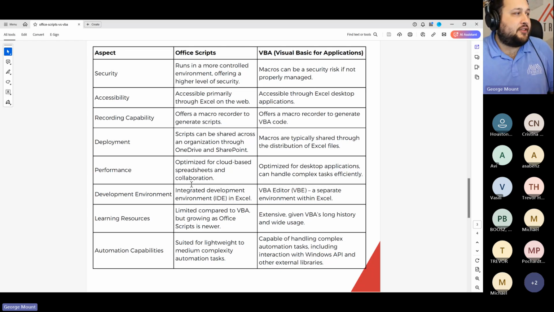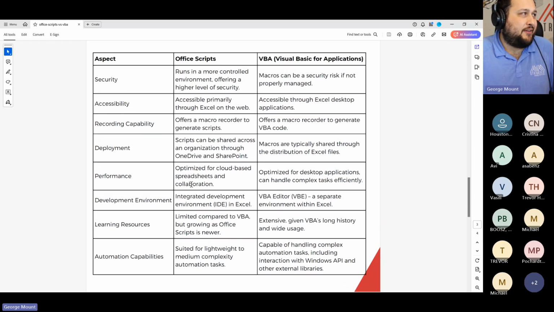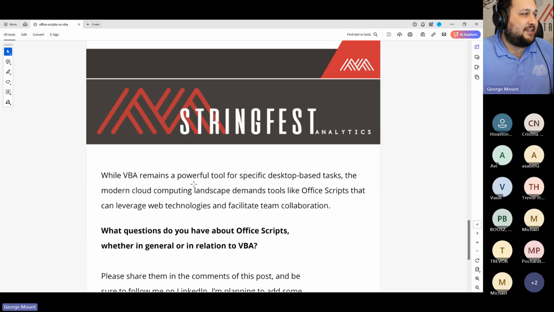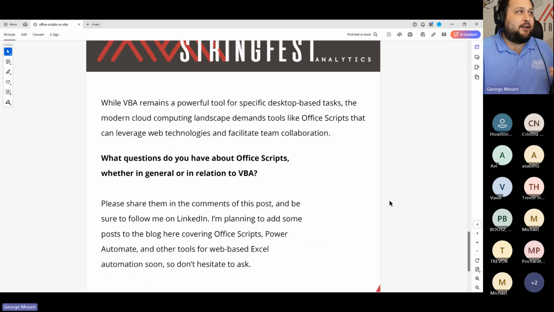Okay. And you can go through these pros and cons if you want. I don't even know if they're really pros and cons. It's just compare and contrast, really, is a better way to say it. So it's kind of a dance here. I don't want to say Office Scripts is replacing VBA because it's not. But I would say for most people, has Fortran been replaced? No. But for most people, do they use Fortran on a daily basis? No. So that's the politician's answer right there.